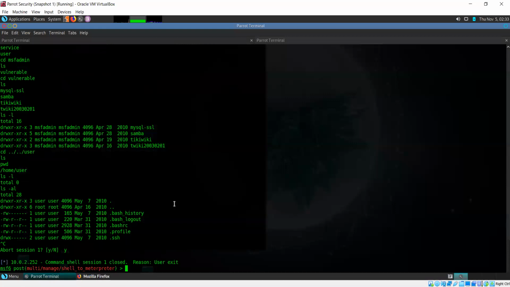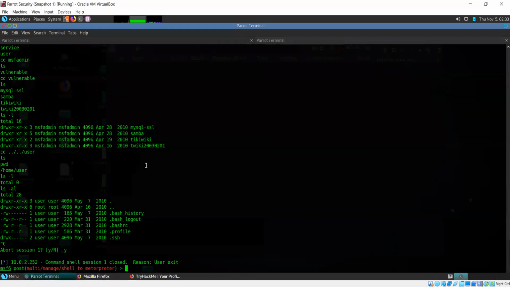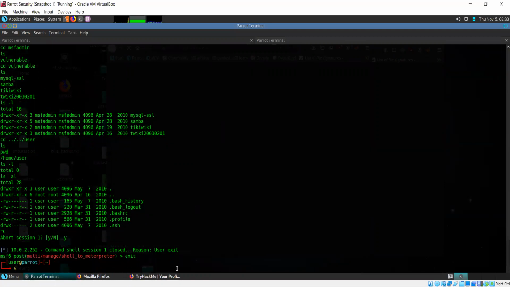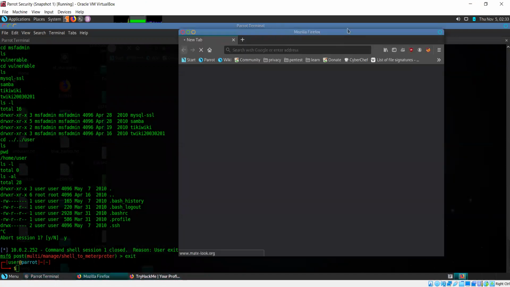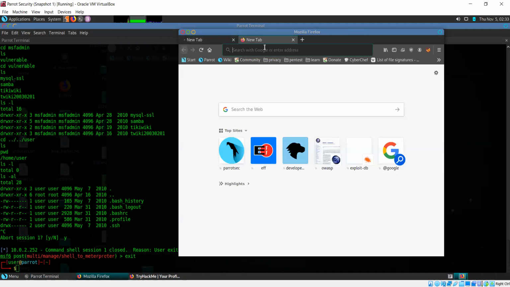Now, what I want to say is that with Metasploit, you automate a lot of things. A lot of things are done automatically by Metasploit for you. But what we want to do is try and do things ourselves.